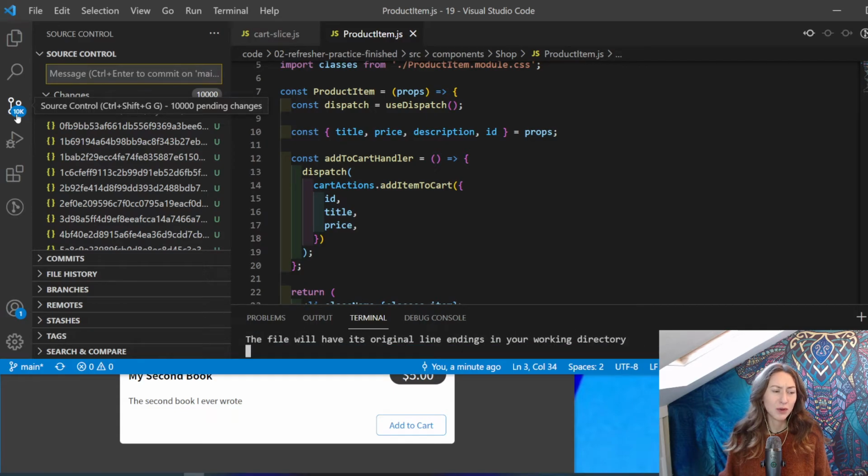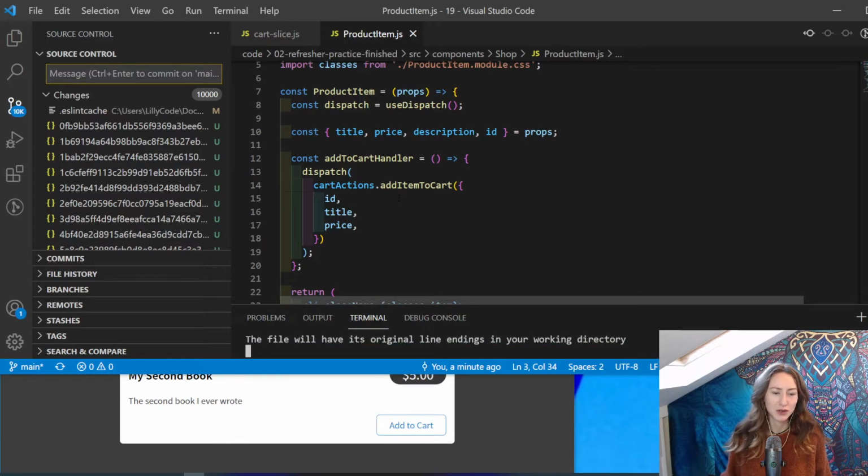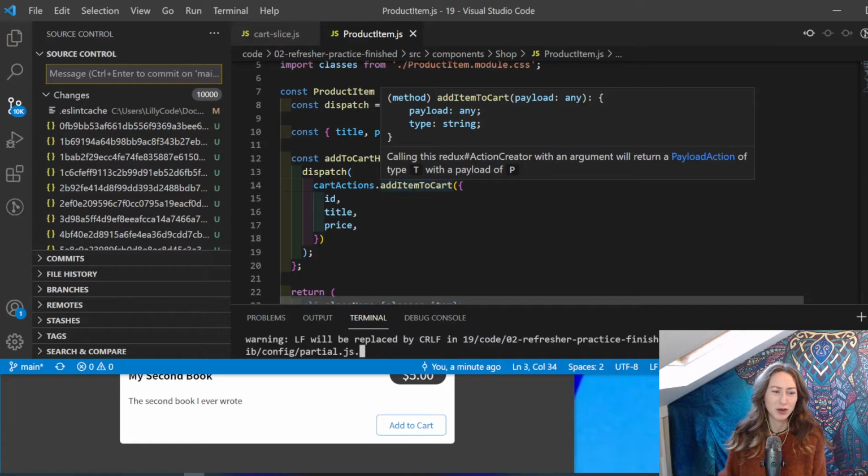Your girl doesn't know what's going on with the changes in the git, so we'll just leave that. But yeah, I still just want to commit everything, and that's been happening for a while. So anyway,